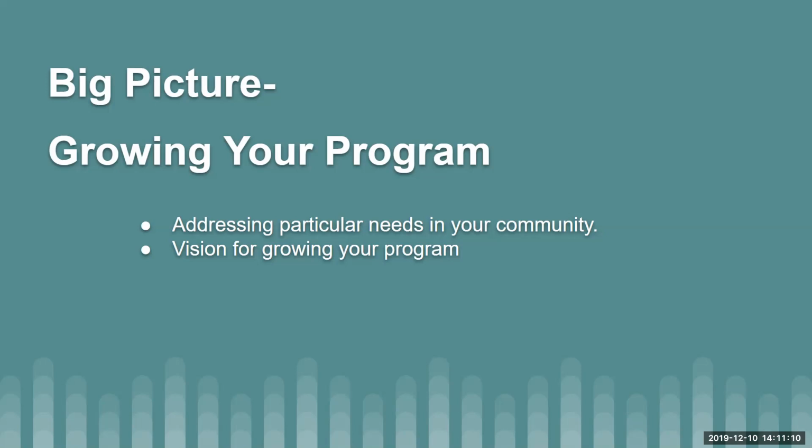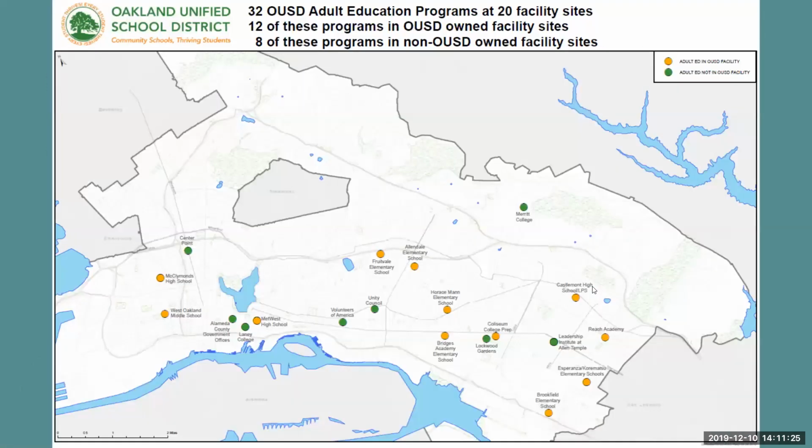But looking at the big picture as you think about growing your program, here are two things to really think about. One is addressing particular needs in your community, and the second one is around having a vision for growing your program. In terms of addressing the needs of your community, as most of you are aware, many of